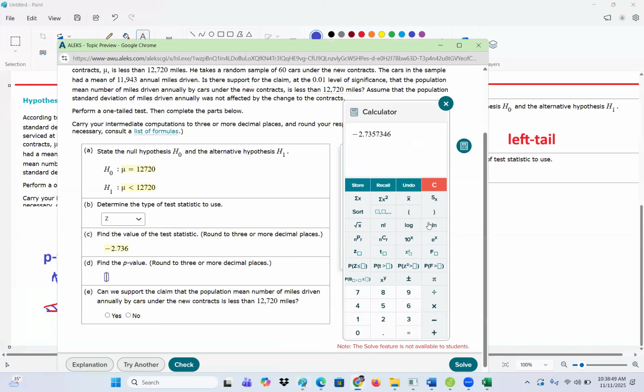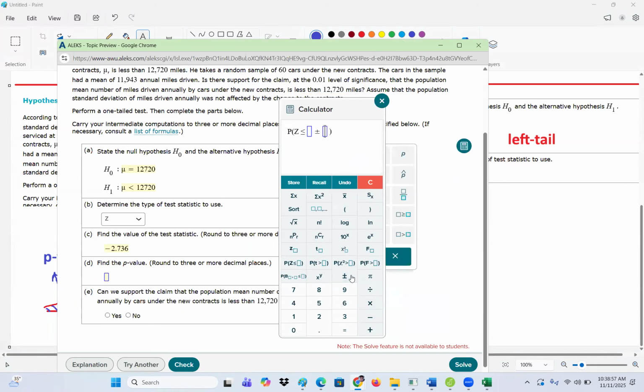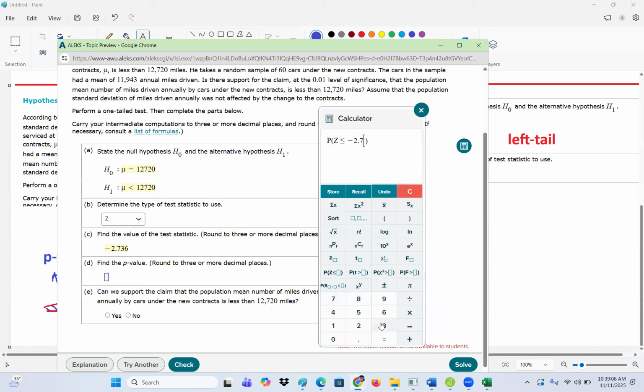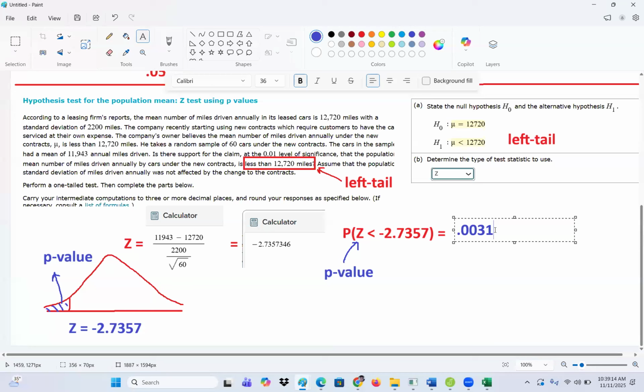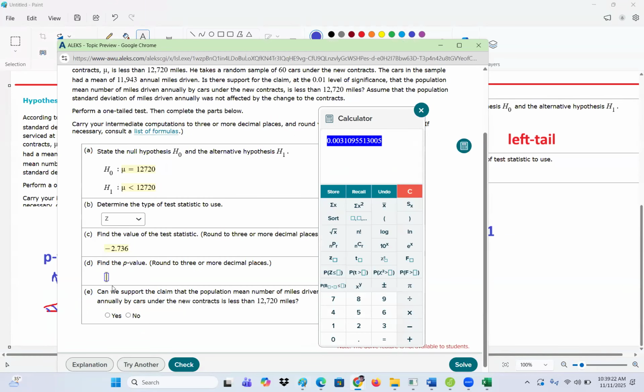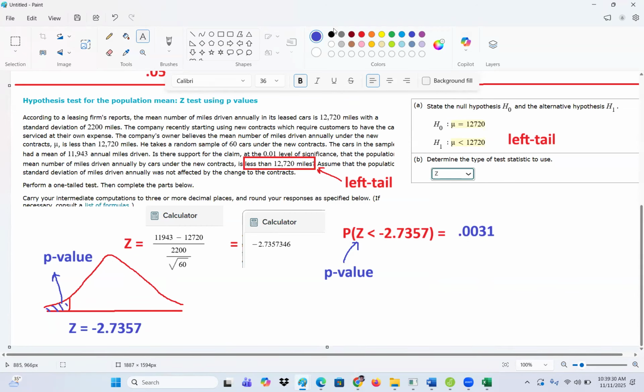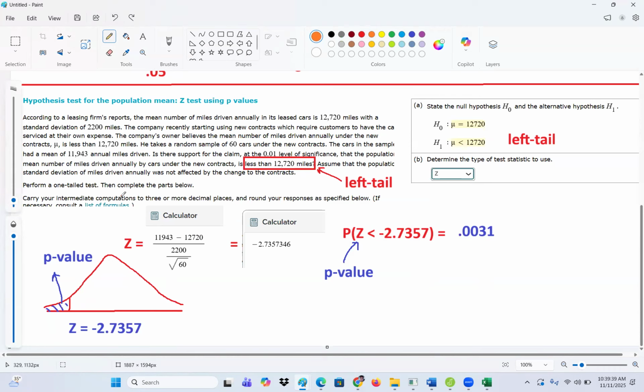So we can use a calculator to compute it. It's p of z of negative 2.736. I think that doesn't matter that much. It's 0.0031. So it's about 0.3%, right? So the alpha that we had is so much bigger. The testing value was like 5%, right? Or the whole thing was like 1%. Okay, so since the alpha is 1%,